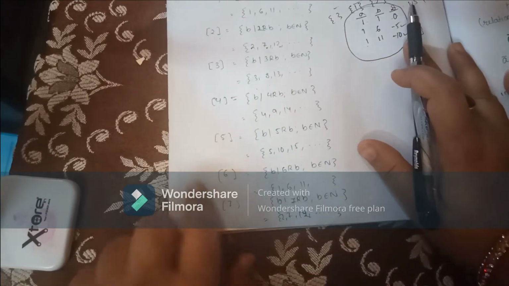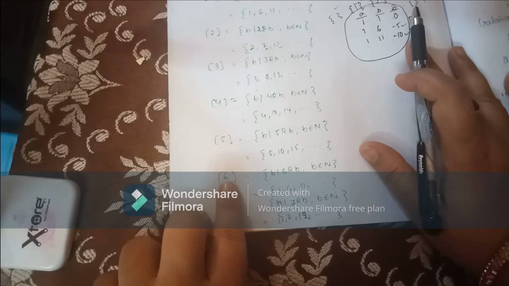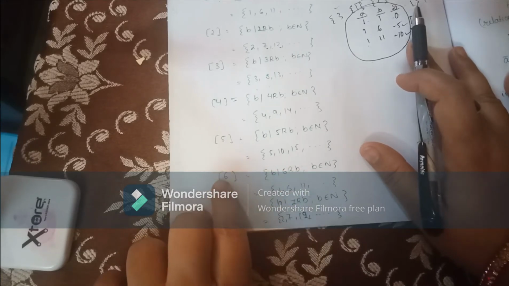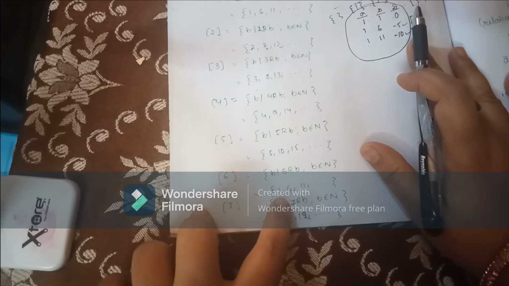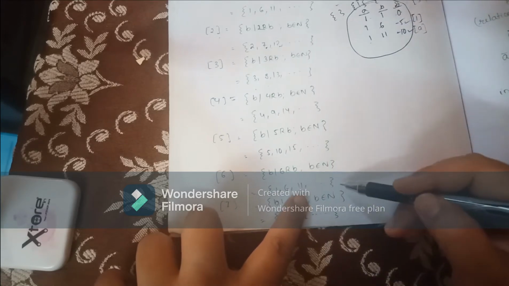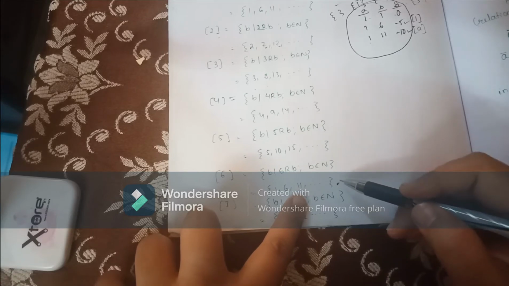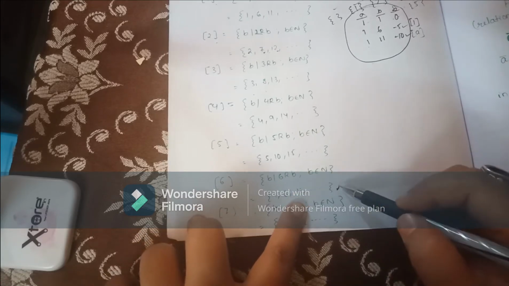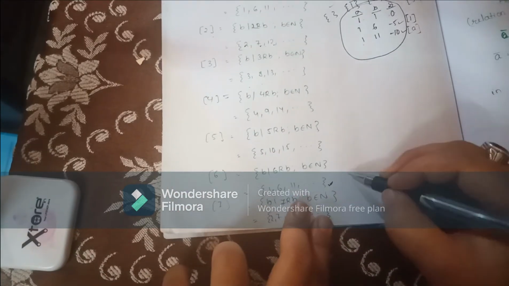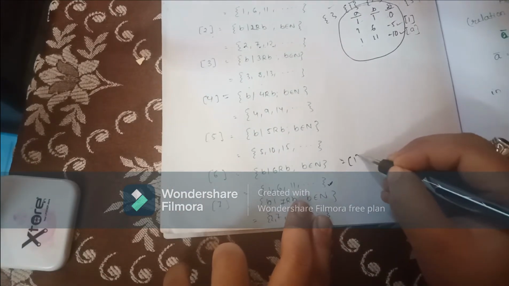Now look, when you come to the class of 6, again you are getting 1, 6 and 11. 6 minus 1, the difference is 5. 6 minus 6, the difference is 0. 6 minus 11, the difference is minus 5, and so on, and all of these are divisible by 5. That means this is getting repeated, right? And this is the class of 1, which we already know. So the class of 6 is equivalent to the class of 1.